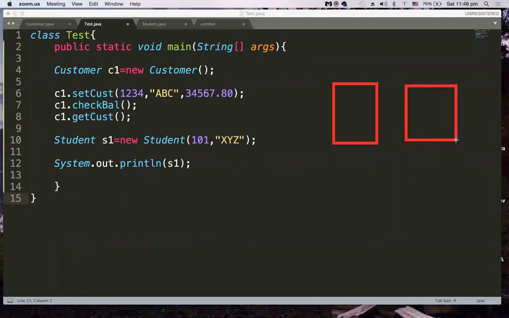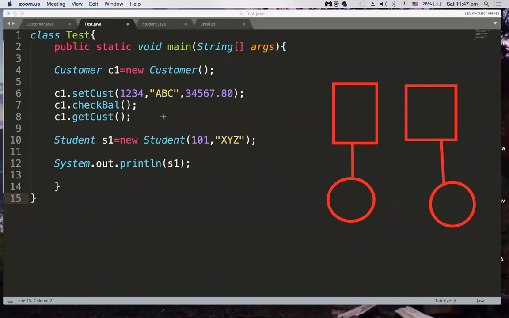From the customer class, I am creating one object. In the same fashion, for the student class as well, I am creating only one object, and this is the object.